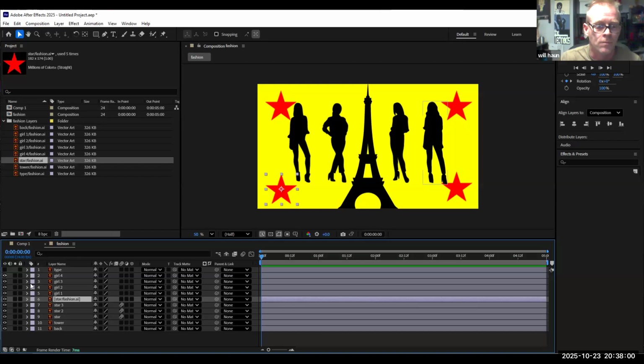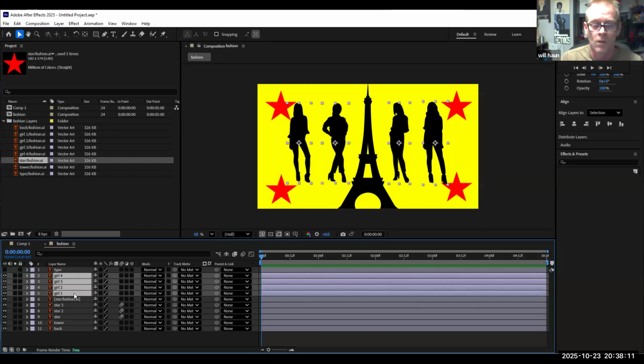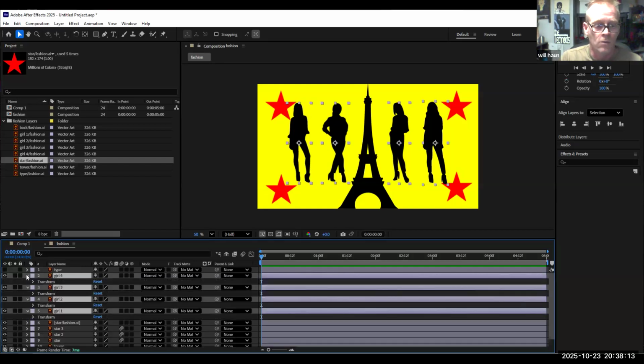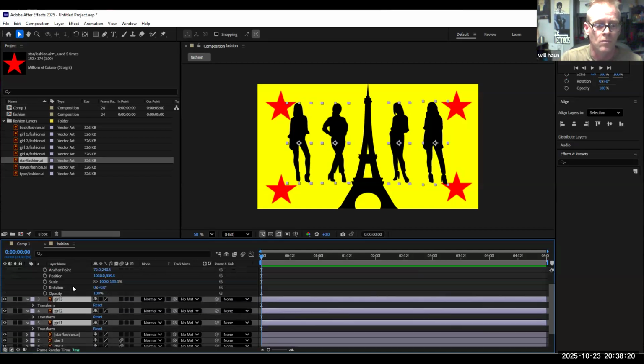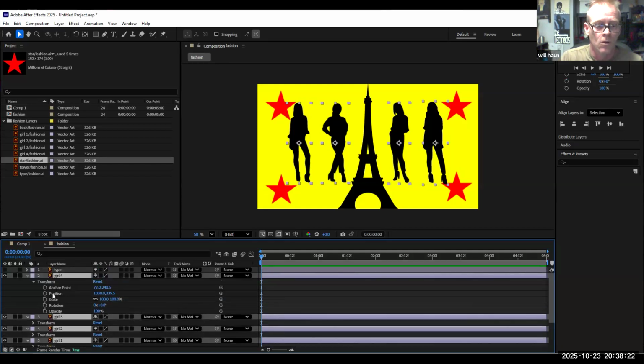So check this out. I'm going to shift select all the girls. So start with girl 4, hold down, and I'm holding down shift, grab girl 1. I'm going to twirl down the animatable properties, and then I'm going to twirl down transform. What I'm going to do is